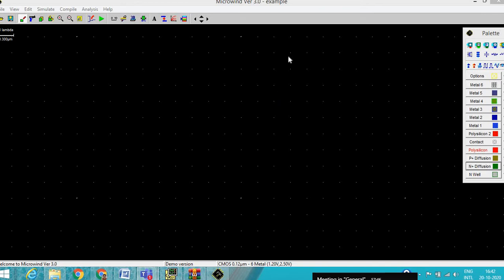Yes. Okay, now here we'll draw the layout, and this grid and its sizing is given here. The one grid is this much lambda, and it has 0.3 micrometer. It is required when we want an exact width and length as per the specifications, right? So you already studied the two types of layout design rules, lambda rules and micron rules, right?